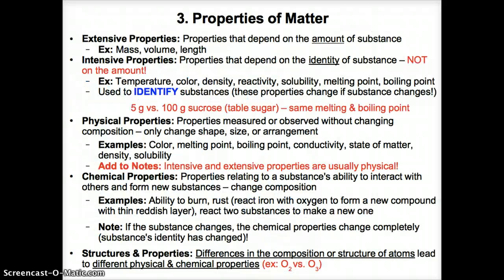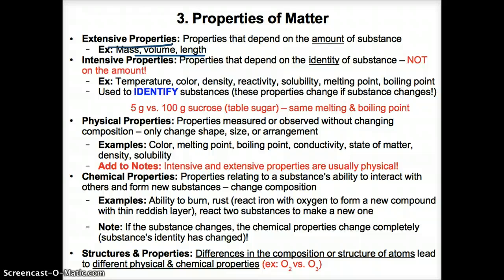Now let's discuss matter's four types of properties: extensive, intensive, physical, and chemical. Extensive properties depend only on the amount of substance or how much you have. Examples include mass, volume, and length. Let's take the example of water filling up a glass jar. The more water you have in the jar, the greater the mass, since there's more molecules of water. The more volume the water occupies, since there's more water obviously occupying 3D space,